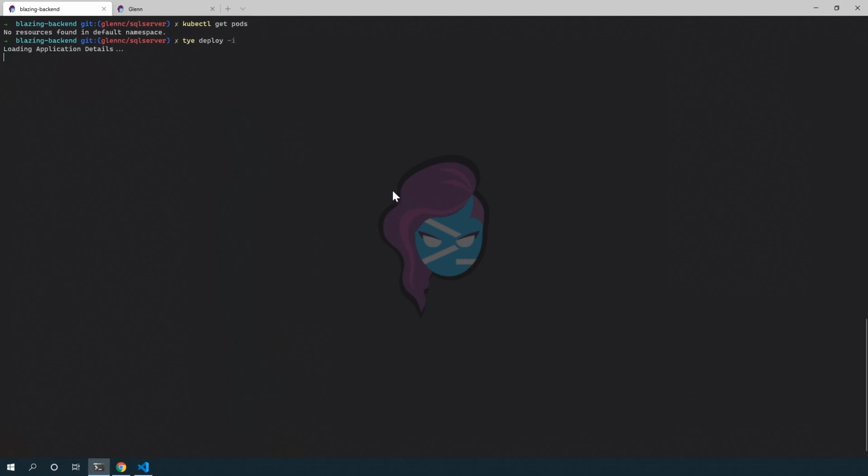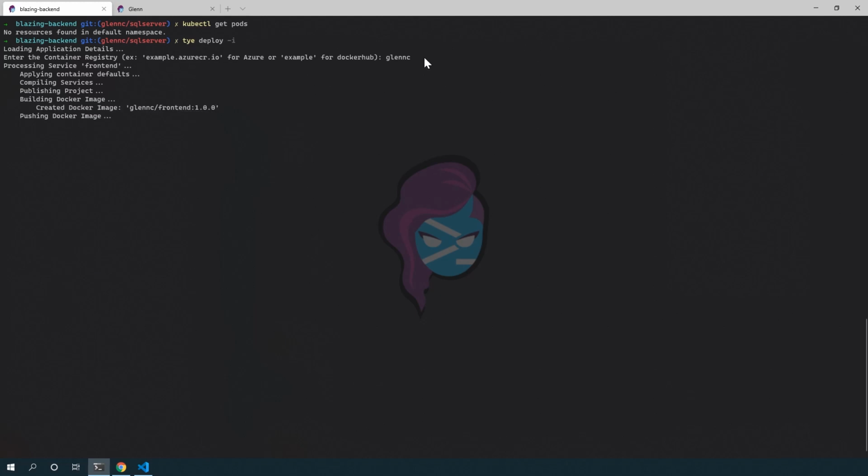And so this now is going to take my local app that I was just using Tye run for, and it's going to try and take it and send it to an AKS cluster. So this string that I'm putting in here, in this case I'm saying Glenn C, which is my Docker Hub username, means that I'm going to use Docker Hub as the registry to store the intermediate images. What I mean by that is Tye is taking my .NET projects without me knowing about Docker files or how to Dockerize them. It's generating Docker images for them, publishing them to Docker Hub,